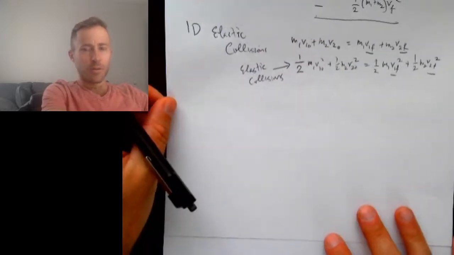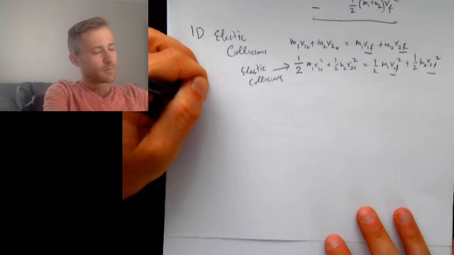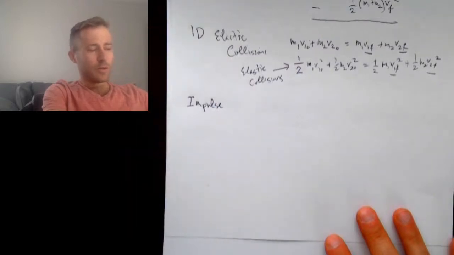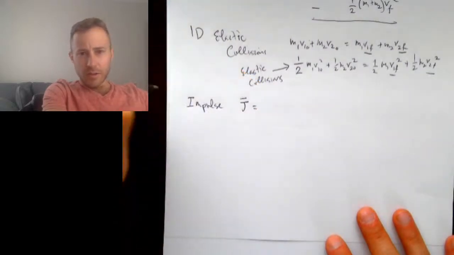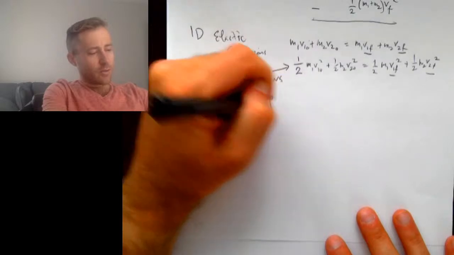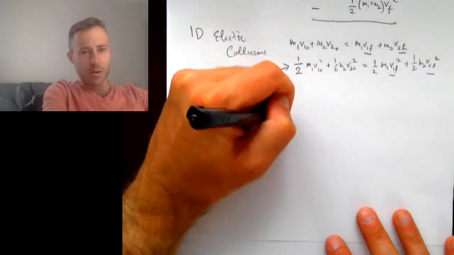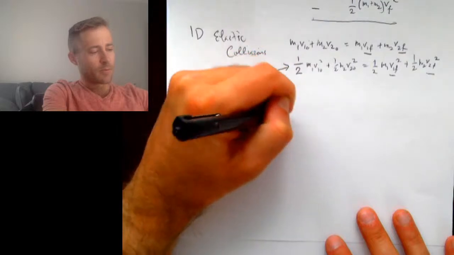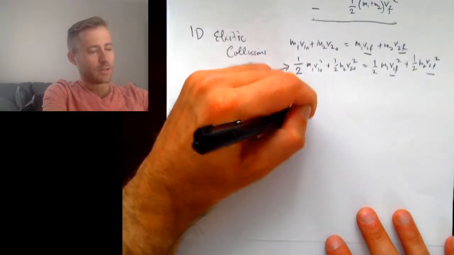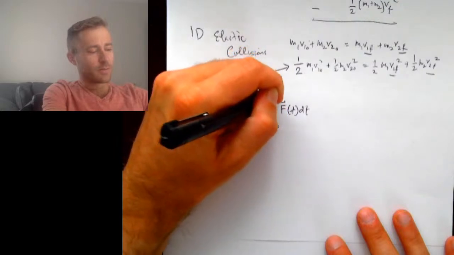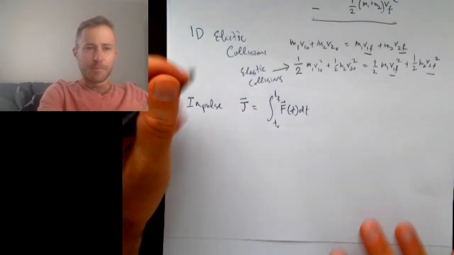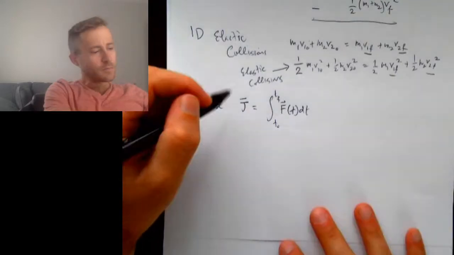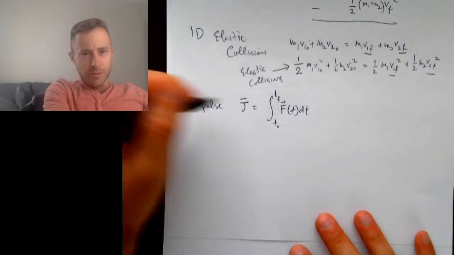We went on to define impulse, which is denoted by J, and it's equal to the integral of the force that is acting on the particle with respect to time, dt, from t initial to t final. Okay, and the thing about impulse,